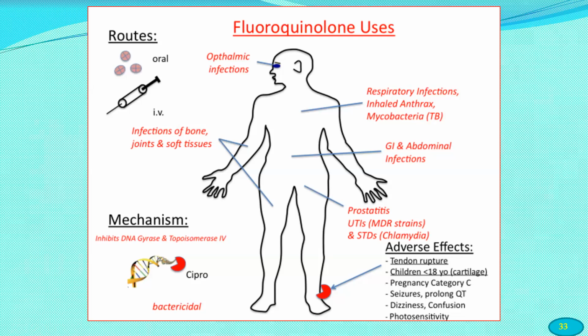So the mechanism of action: it inhibits the DNA gyrase enzyme and also the topoisomerase 4. That's in the case of gram-negative and gram-positive bacteria respectively. Then ciprofloxacin is a good bactericidal agent. So it is used in upper respiratory tract infections and also urinary tract infections. Then the adverse drug reactions: tendon rupture is there, and children below 18 years should not be administered. Of course, in pregnancy it is a category C drug, which means it needs to be administered with caution.